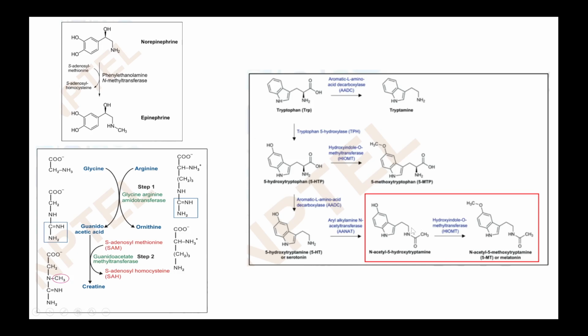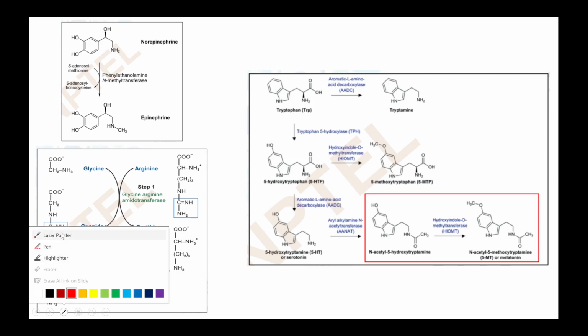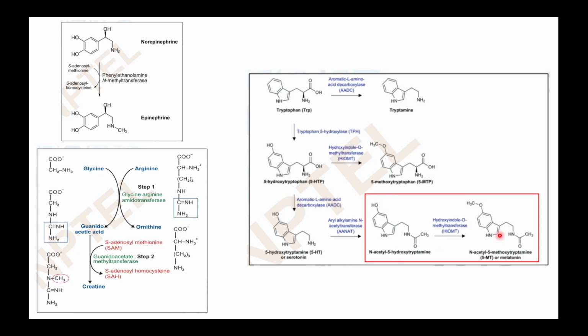Similarly, here is melatonin synthesis from serotonin. So you can see we have serotonin here, and then the serotonin gets activated and becomes N-acetyl 5-hydroxytryptamine, or N-acetyl serotonin basically. And this N-acetyl serotonin will then take up the methyl group from